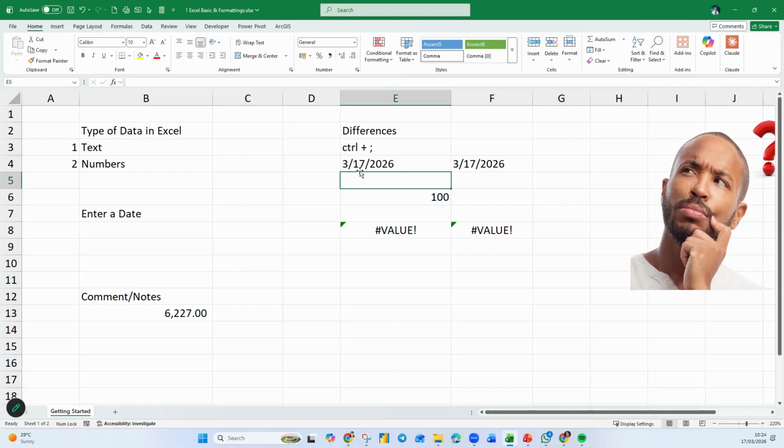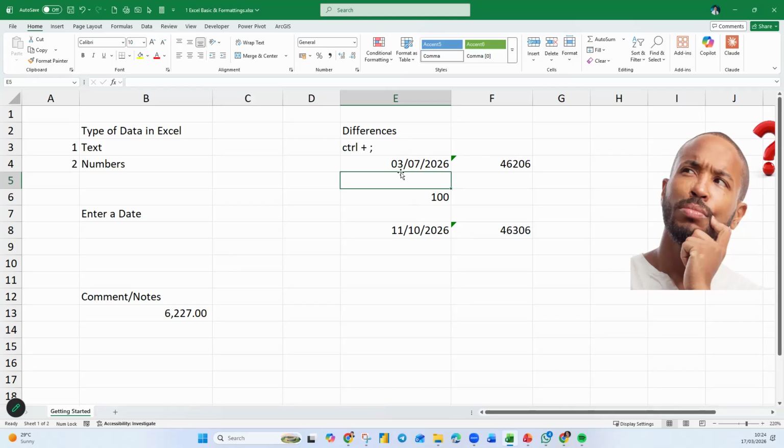Okay, that's one. Number two, what happens if I type it like this? 3/7. So is this 3rd of July or is it March 7? You still get your answer, right? But it's wrong because you are thinking that this is March 7, but actually it's 3rd of July.